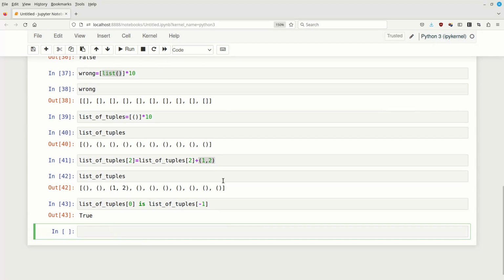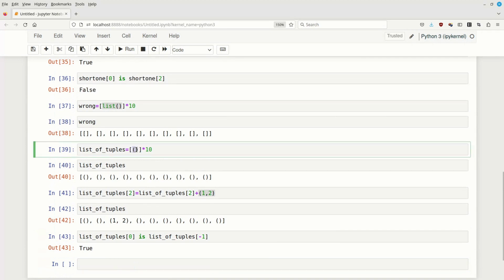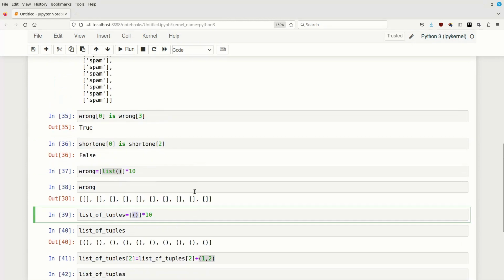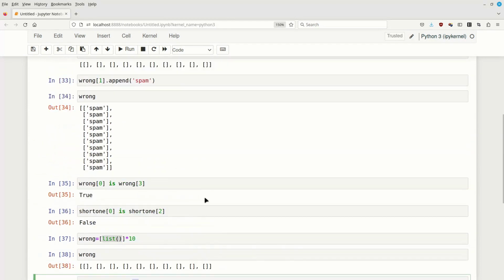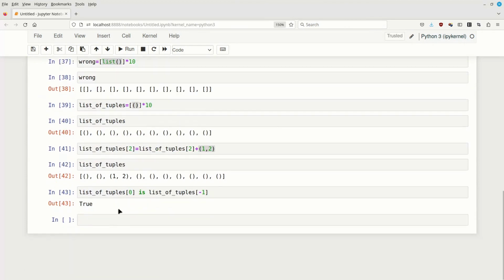By the way, this pattern is not very useful really, because when you are creating a tuple, you don't really intend to change it afterwards, so you don't create an empty tuple in order to add stuff to it afterwards. In that case, it's far better to use a list. But all this said, how are we going to create a list of lists? And the way to do it, that generalizes this one to a longer list, is